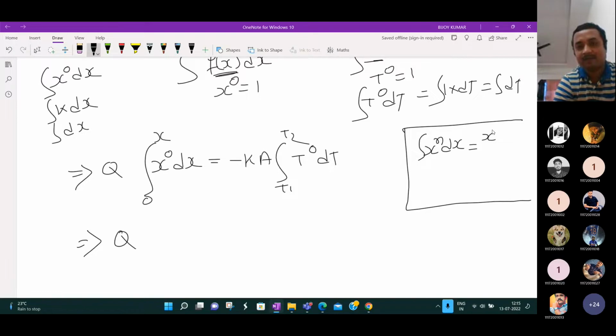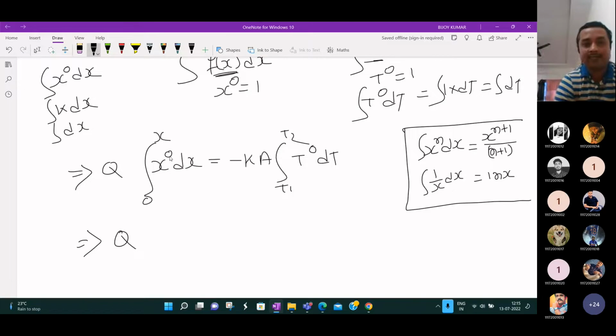Anyone? X to the power n plus 1 by n plus 1. Okay. What will be the integration of 1 by x dx? Ln x. Okay, kindly remember these things. Don't worry, if you don't remember, just remember. Kindly revise. So x to the power n dx is x to the power n plus 1 by